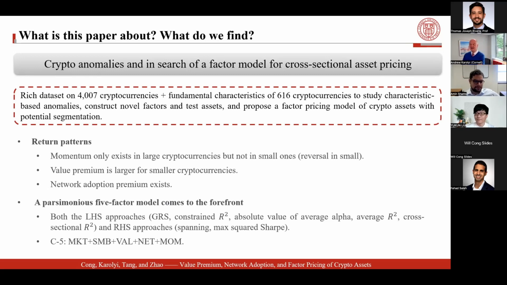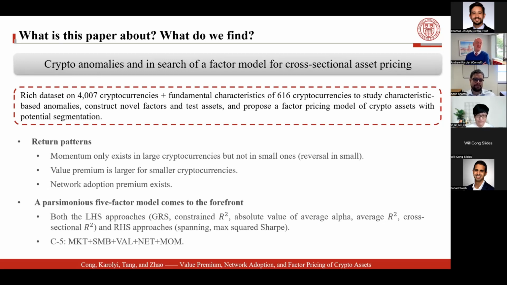There's some key findings here. The momentum phenomenon that we've seen uncovered in previous papers, including by one of my shared colleagues here on the stage, Yukun, is only confined to the largest of cryptocurrencies by market cap and not in the small ones. It's kind of an interesting insight. The value premium is much more dramatic for smaller ones when you incorporate a broader cross-section of smaller cryptos. And there's this network adoption premium. It's another class of factors, if you like, we're going to bring to bear on this. We'll describe more. There's some evidence of additional factor premia related to these characteristics and attributes as well.